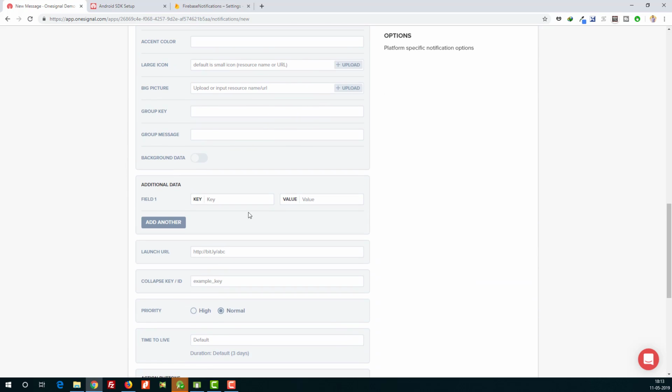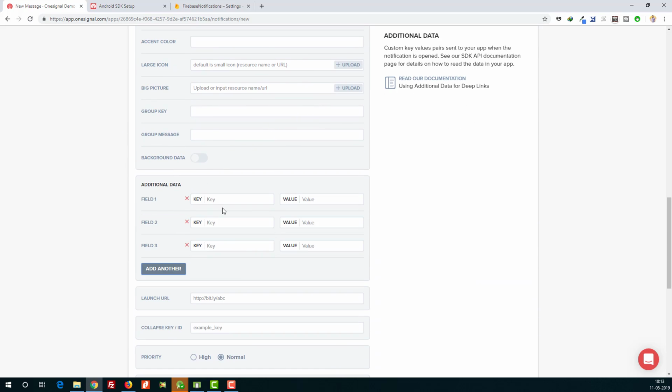Then go to additional data, create 3 fields here. Field 1 is name, Skanda. Field 2 is phone number, that is phone 123 456 789 and 0. Then field 3 is country.